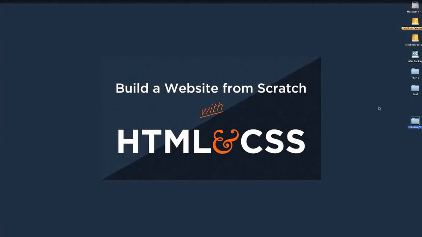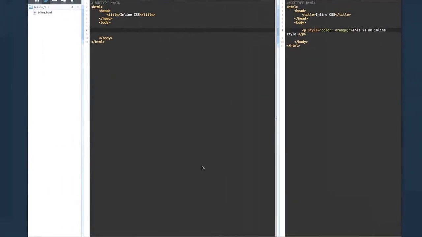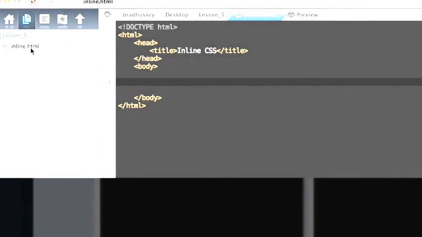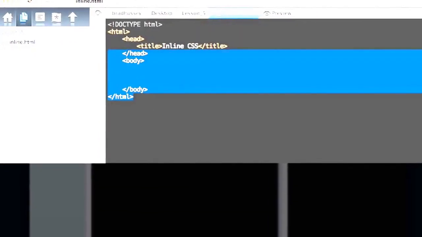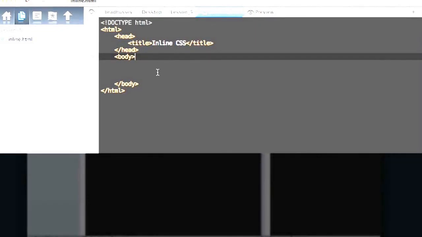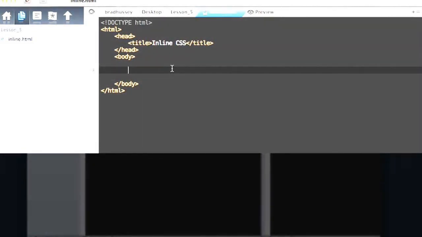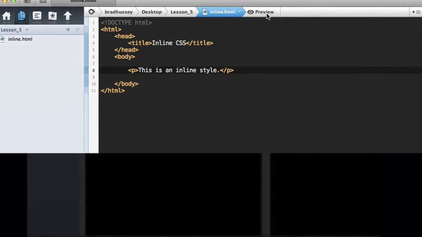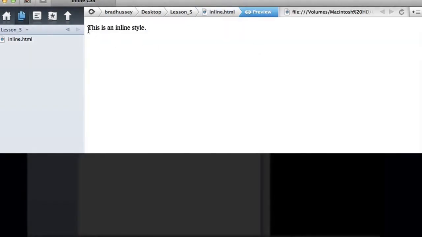So create a new folder on your desktop called lesson_5. In your lesson_5 folder, add an HTML file called inline.html. In the HTML file, add the doctype and the basic page structure with the title of inline CSS. So let's get started just by coding a paragraph tag with some text. If I were to save this and check it out in my browser, we will just have plain black paragraph